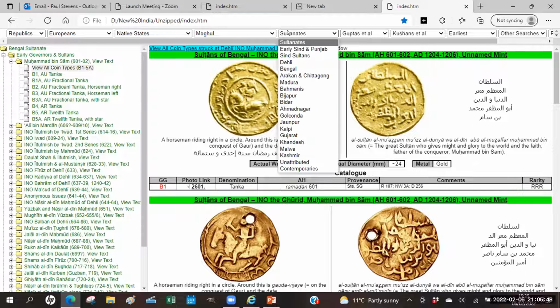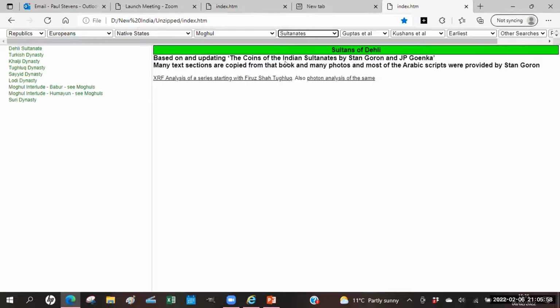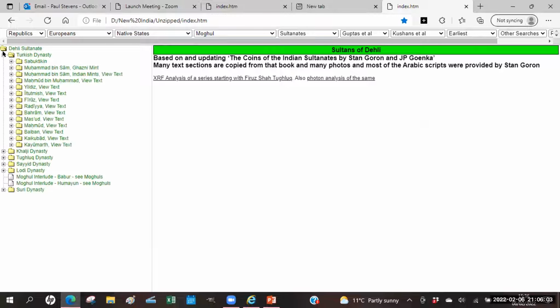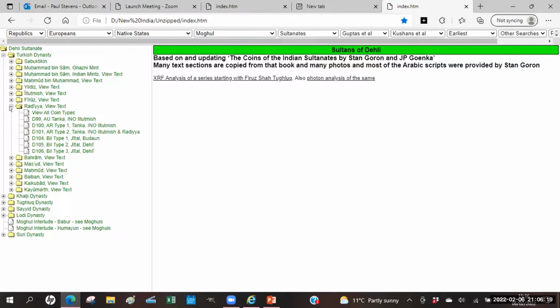So just to answer the question, well, why do you bother to do it if it's just all the coins in an existing catalogue? Well, it isn't. There are new coins. So if we go to the Delhi sultans, for instance, I'll just go to the Turkish dynasty, and lots of you will know that there is a woman who was, I suppose, called Sultana. Her name was Radia,